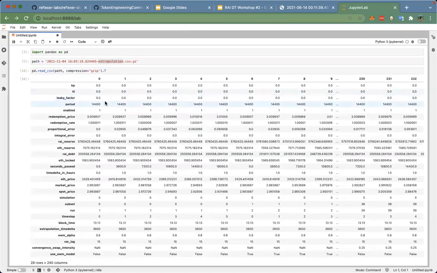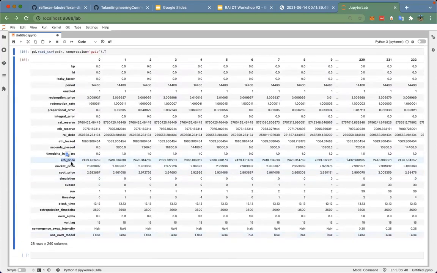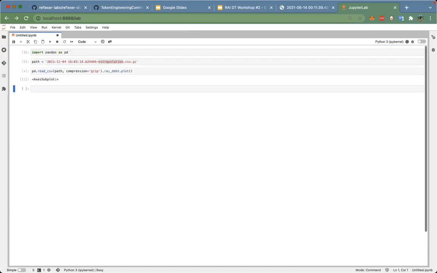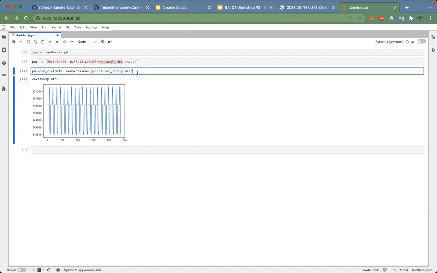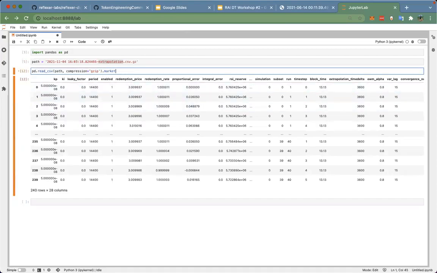On each time step, we have things like the RAI price or market price, the spot price, and also things like the RAI reserve, the Tai reserve, RAI debt, the Tai locked. So, for example, if I pass here RAI debt on plot. Strange. Maybe the market price.